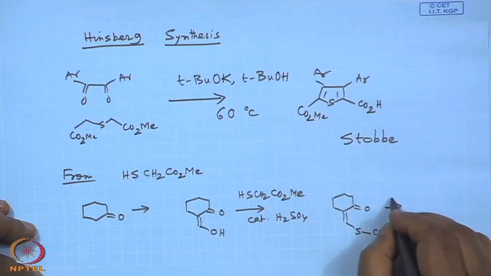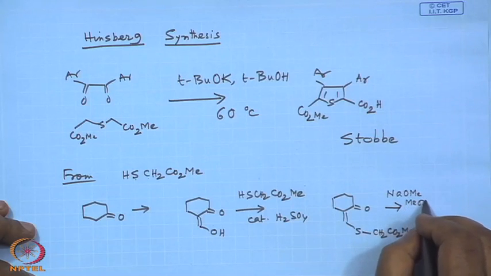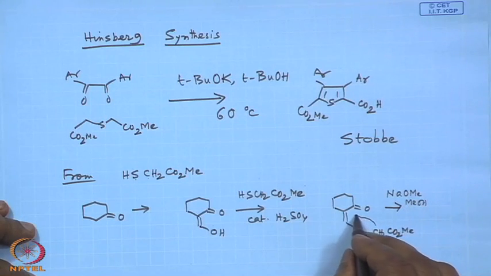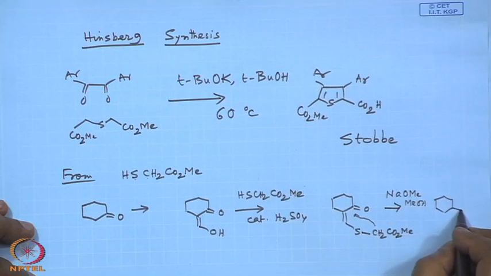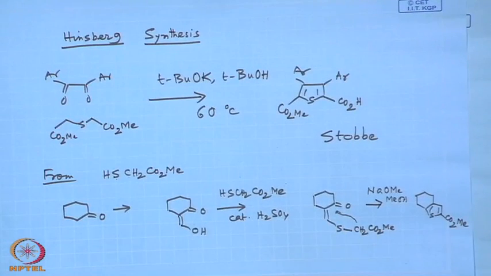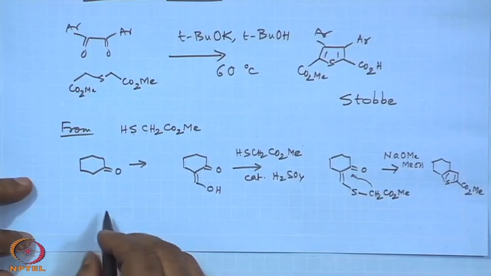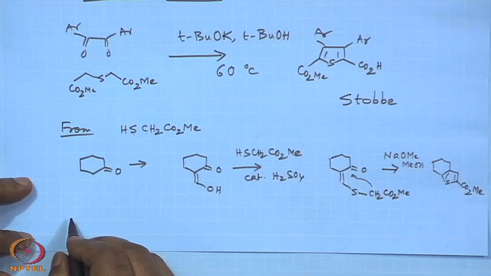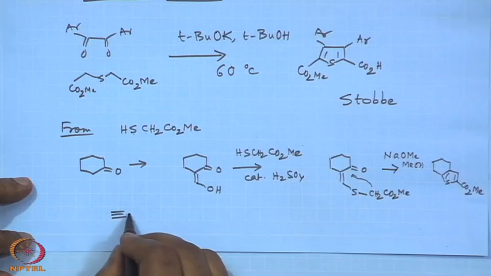So, in this case if you use sodium methoxide, once again methoxide means the other solvent is methanol. So, what do you expect? A kind of aldol condensation. So, you will be getting a fused thiophene, and of course, one of the substituents is an ester here. They are all somewhat standard now. For example, if you just extend this, you can do an extension of these. That was an alpha beta unsaturated compound, and now you can start from these